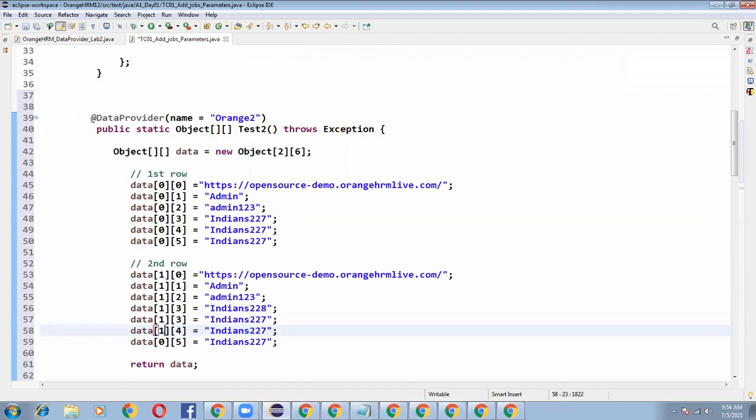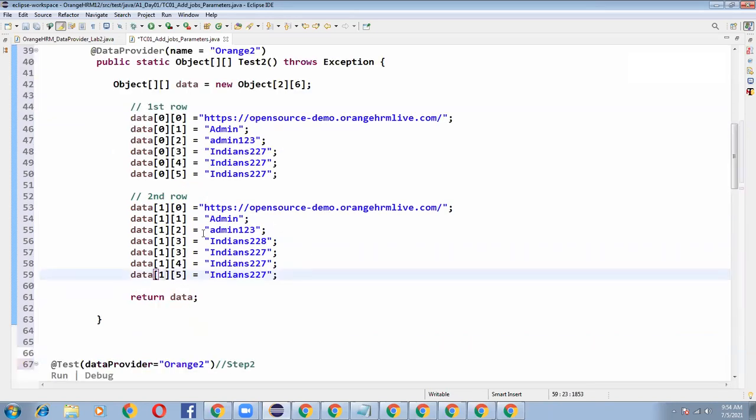This is the first row. So 0th row, 0th column, 0th row, first column, 0th row, second column, 0th row, third column, 0th row, fourth column, 0th row, fifth column. So first row, 0th column, first row, first column, first row, second column, first row, third column, first row, fourth column, first row, fifth column.